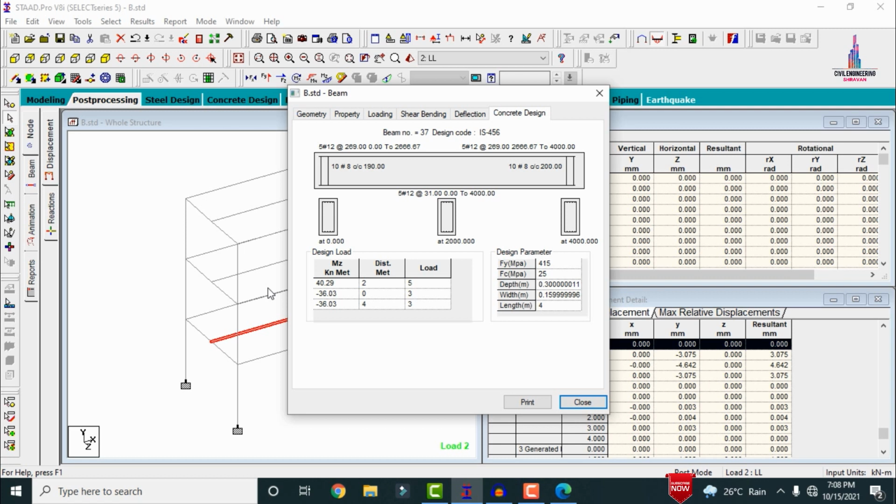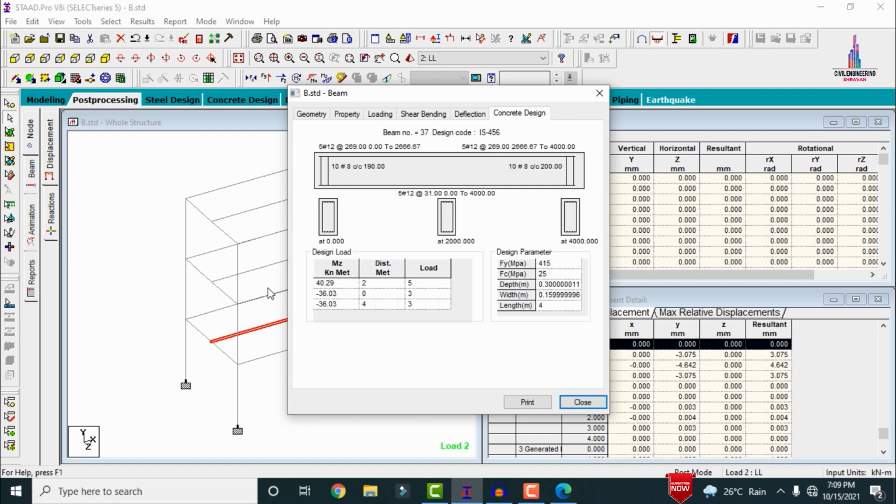Why? Because in practical situations, for a 0.16 width of beam, it is not possible to provide 5 bars of 12 mm diameter. If you take the 12 mm diameter bar multiplied by 5 numbers, you get approximately 60 mm, so no proper cover can be provided in between these reinforcing bars. That's why 3 bars are sufficient for the secondary beam section.